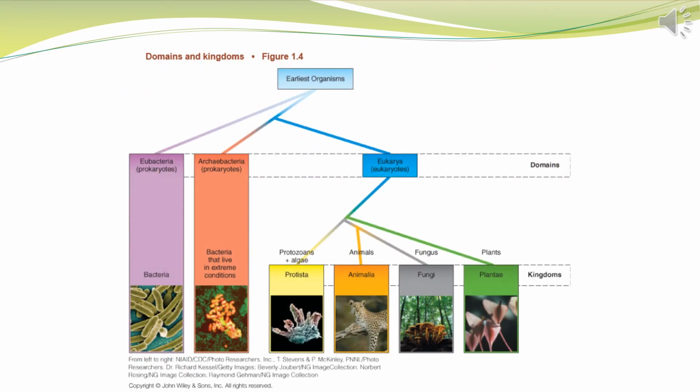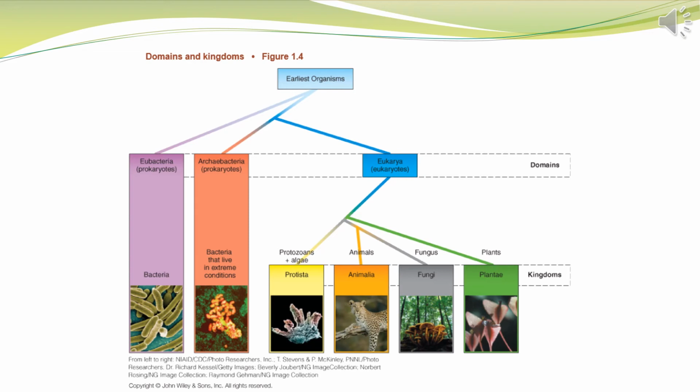Here's a diagram which shows the domains and kingdoms of life. There is, of course, the eubacteria, the archaebacteria, and the eukarya. The eubacteria contains only one kingdom, the bacteria. The archaebacteria also contains one kingdom, the archaea, which are just bacteria that live in extreme conditions and are called